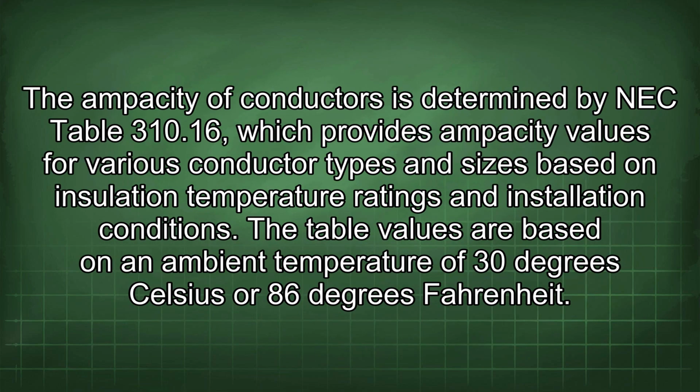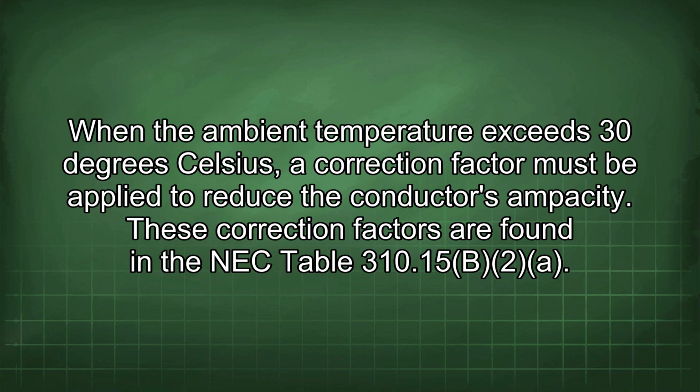The ampacity of conductors is determined by NEC Table 310.16, which provides ampacity values for various conductor types and sizes based on insulation temperature ratings and installation conditions. The table values are based on an ambient temperature of 30 degrees Celsius or 86 degrees Fahrenheit. When the ambient temperature exceeds 30 degrees Celsius, a correction factor must be applied to reduce the conductor's ampacity. These correction factors are found in the NEC Table